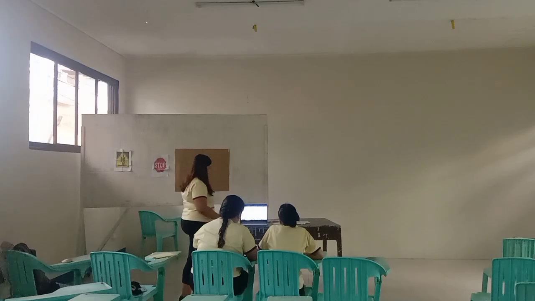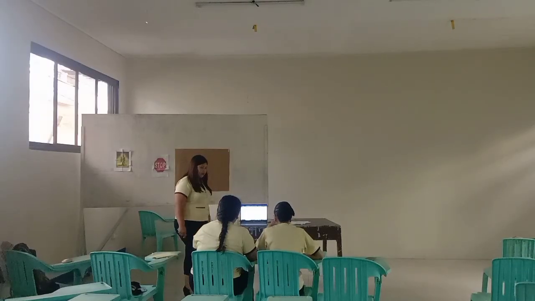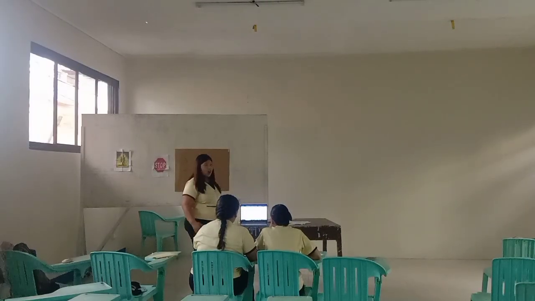So I have here examples of irregular polygons. We have here a scalene triangle. Do you think a scalene triangle is an irregular polygon? It doesn't have the same size for all 3 sides. The only same size there is the first and second, and the third side is different. Yes, that's right.